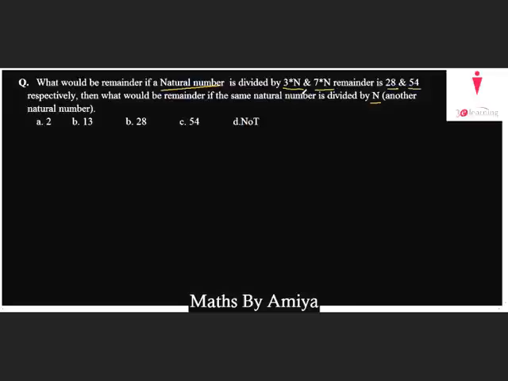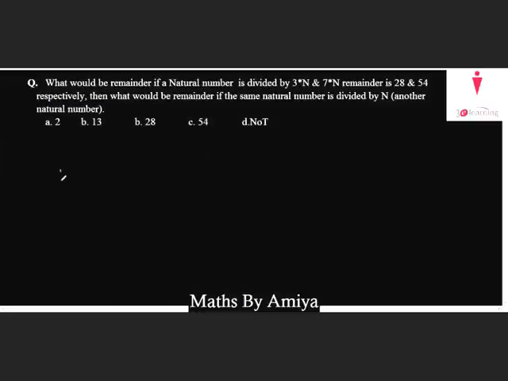So, if we have remainder questions, we apply two concepts. One is Euclid's lemma and its condition. Euclid's lemma states that dividend is equal to divisor times quotient plus remainder. This is Euclid's lemma. And its condition is that the divisor is always greater than the remainder, and the remainder is always greater than or equal to 0 for a natural number. We use these two conditions.